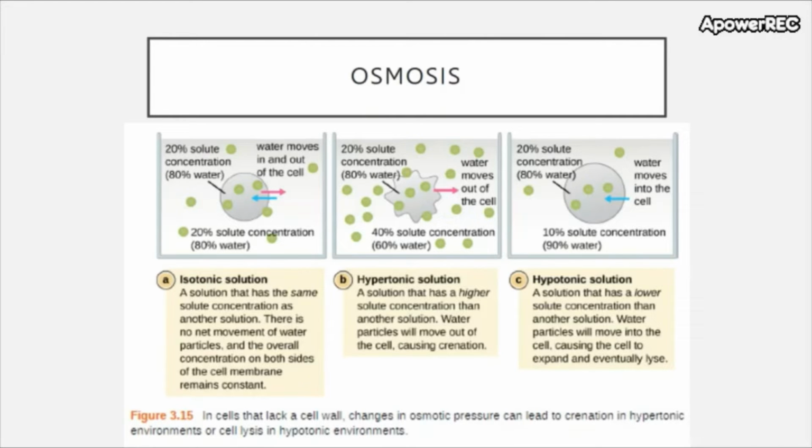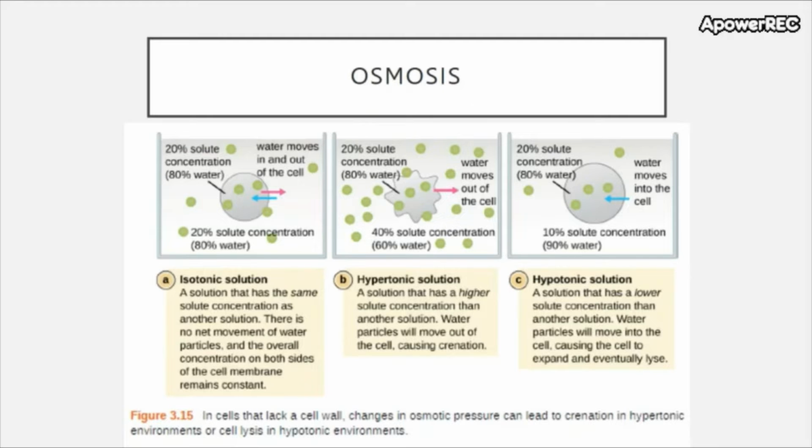And within the cell, there is about a 20% solute concentration and 80% water. Solutes are just other substances that are dissolved within that water solution. So this could be salt, sugars, those sorts of things. As a consequence, the amount of water that moves in and out is a net zero, and the cell wall remains intact